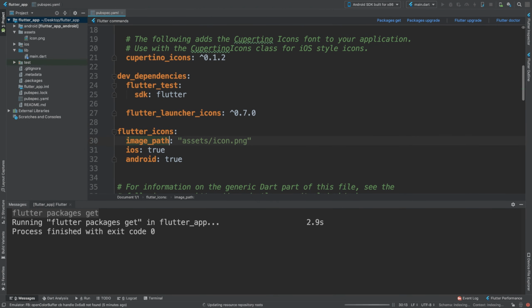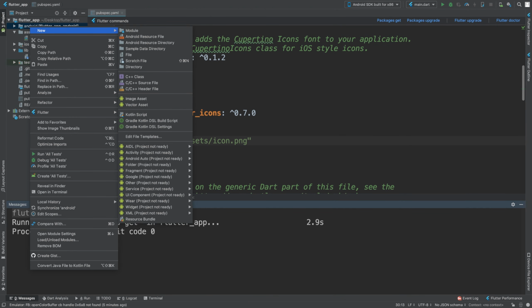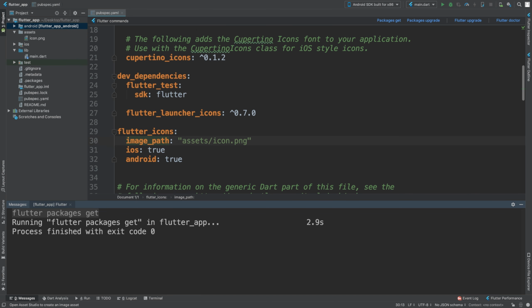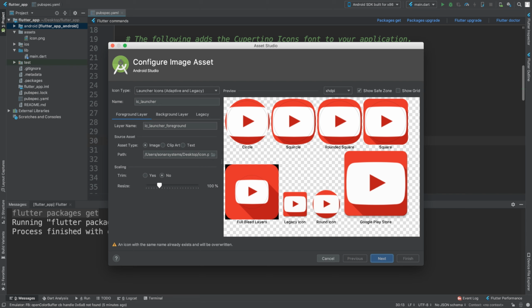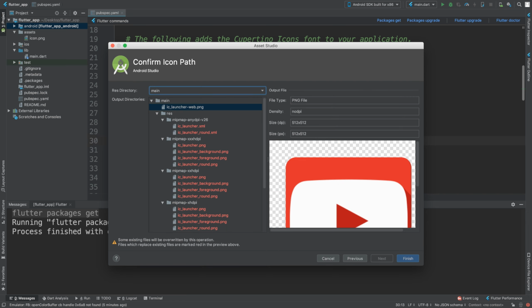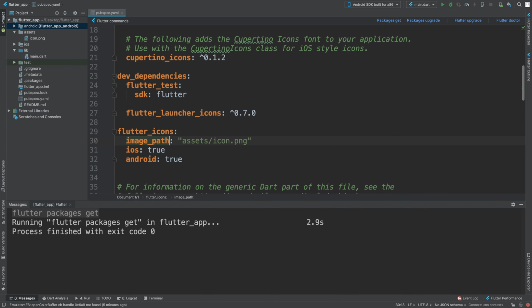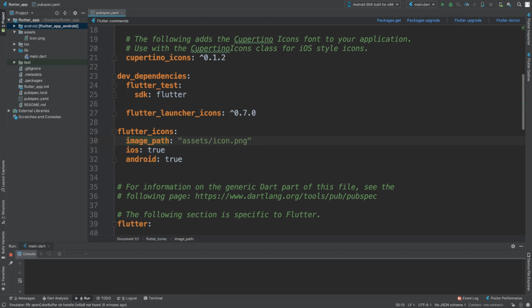Okay, the next thing that we want to do is go to Android, right click it, go to new image asset. From here you just need to select your image. Generally speaking, you'll have a foreground and a background. The foreground will be this little white play icon, the background will be the red. I've just specified the same for both, so just do that. And once you've done, you just specify here, make sure everything else is the same. Click next. That's fine, it's going to override everything because I've already done this process. Yours will probably only come with a few red ones. Click finish, and now if we run our application,